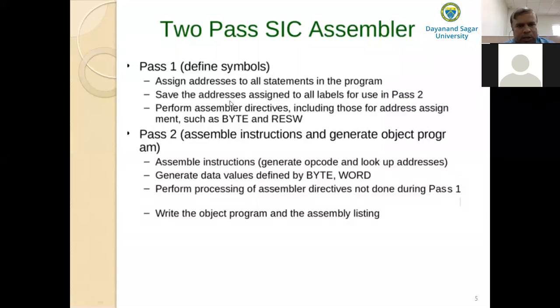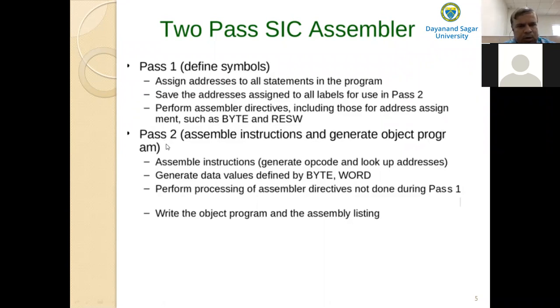We require these addresses assigned to the symbolic operands. Then we perform the assembler directives, including those for address assignment such as BYTE and RESW. That means in addition to these, the assembler needs to process these assembler directives. That is about pass 1.